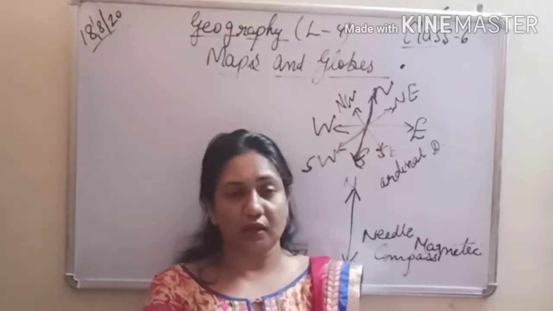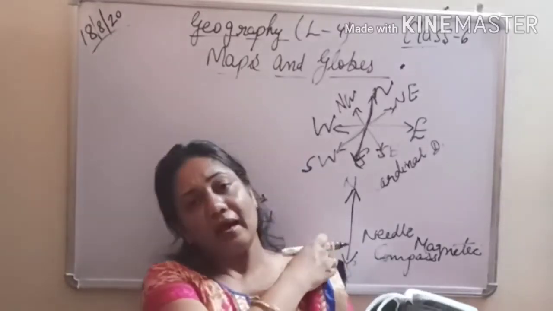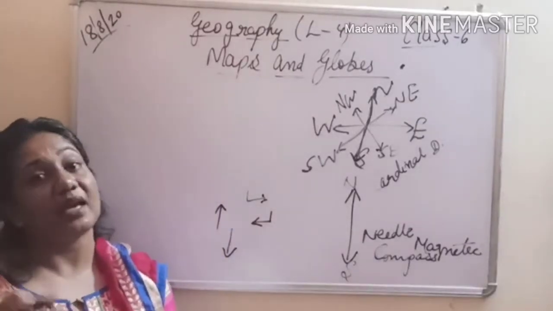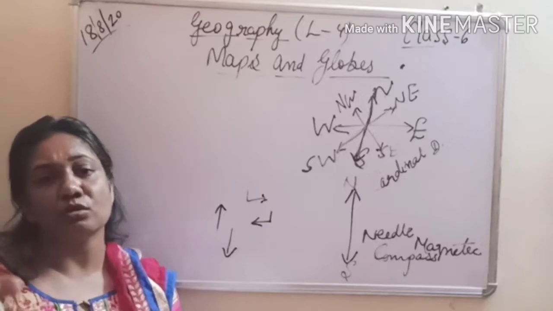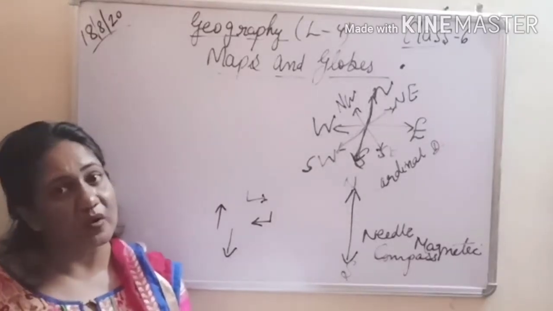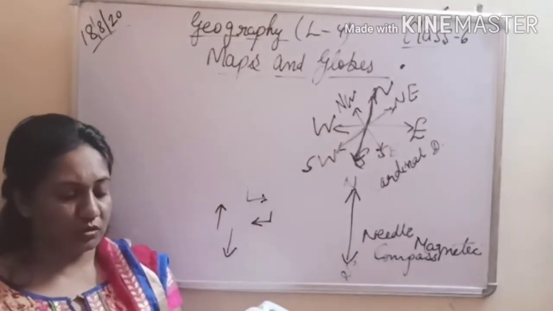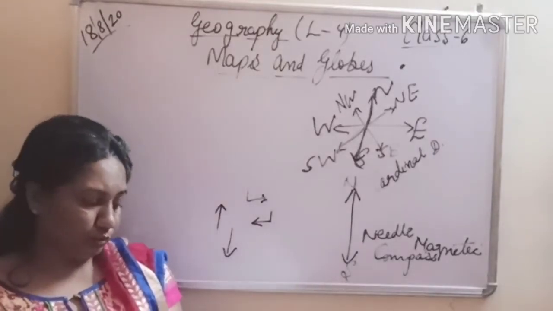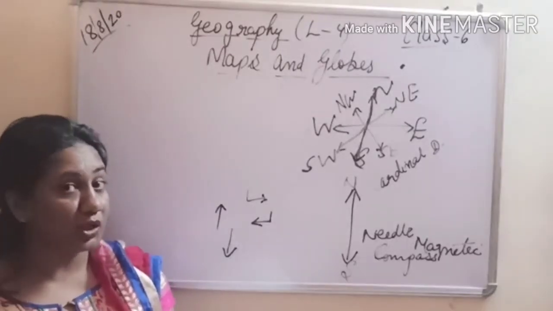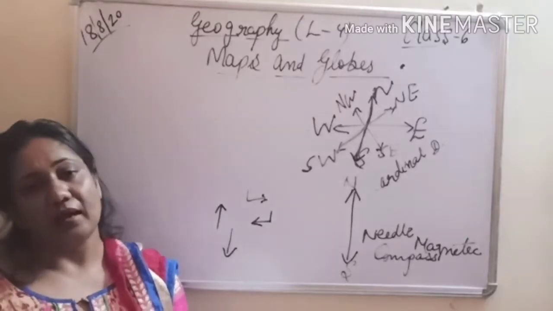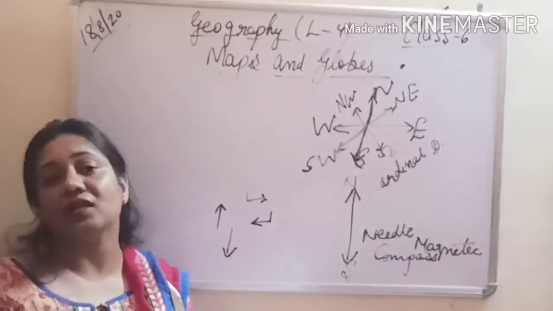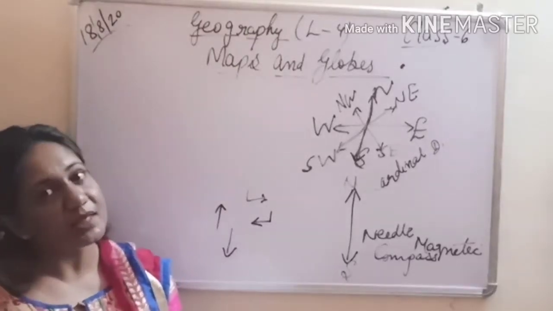So this is the thing that you need to know and you need to remember and understand from this chapter. Components, then sketch and plan, what is the difference between the two, then the symbols that have been used, various signs and symbols, the keys, how you will draw a sketch. So this is all you need to know. So that's all from this chapter, and book work, that is your homework, you are going to do that for yourself, and the PDF file of the question answers I have already sent you. I hope you have done it in your fair notebooks. So with this we finish our chapter.